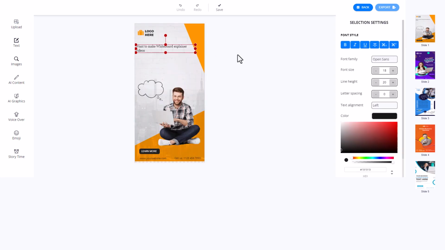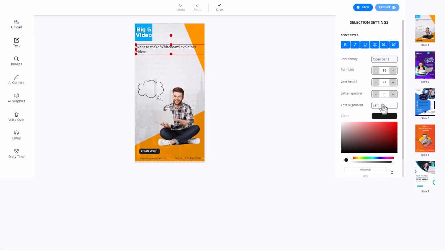So I want to add another bit of text. In fact, I want to make that bigger. Now that doesn't seem to be doing much. I know I need to save as I go through, otherwise I'll lose everything. Yeah, if I change the size, it doesn't really seem to do very much, which is incredibly annoying.